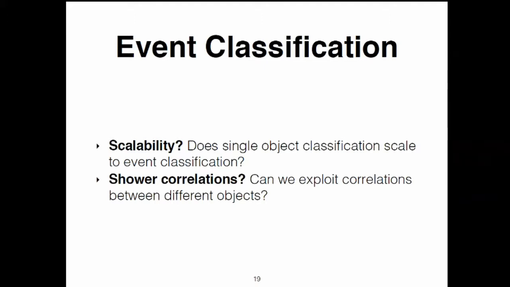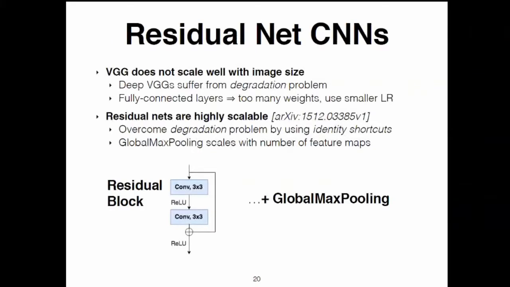Okay? And as a primer here, I should note that once we switch to the full images, the ECAL barrel images are 170 by 360. So the VGG did not do very well once we started here. The VGGs in general suffer from what's called the degradation problem. For deeper networks, your training loss starts to go up. So this is not an overfitting issue, which arises in the validation loss. This is an actual worse training score.